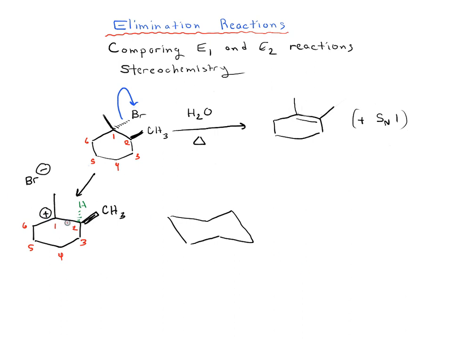And one way to convert this into a chair, and that triple thing here looks for the equal sign, that's sort of our way of saying this is the same as this. Let's just arbitrarily number our cyclohexane. Since we're going clockwise in our numbering here, we should go clockwise in our numbering here. And let's just call this carbon number 1, 2, 3, 4, 5, 6,